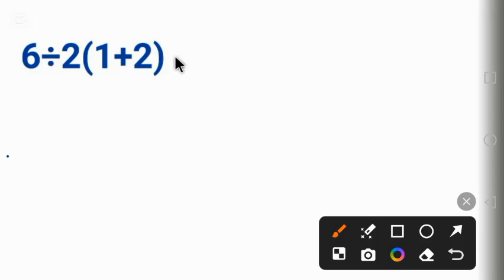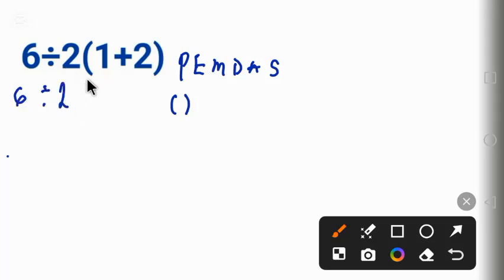To solve this question correctly, we use the order of operation called PEMDAS. Using this PEMDAS, P stands for parentheses. So we work everything here first. Bring down this 6, divide by these 2. 1 plus 2 is 3, times 3. The next here is